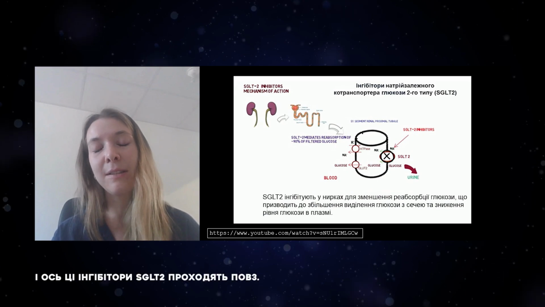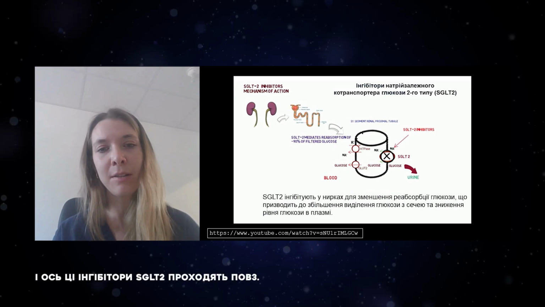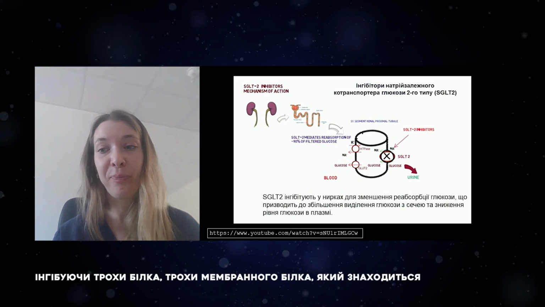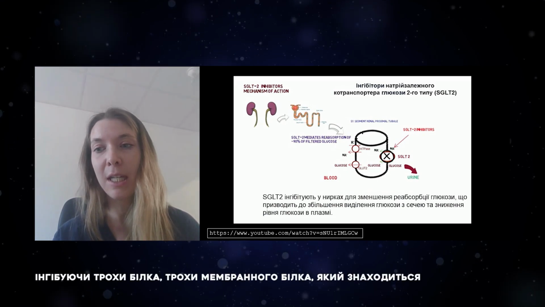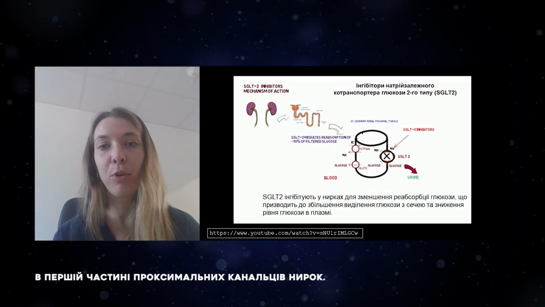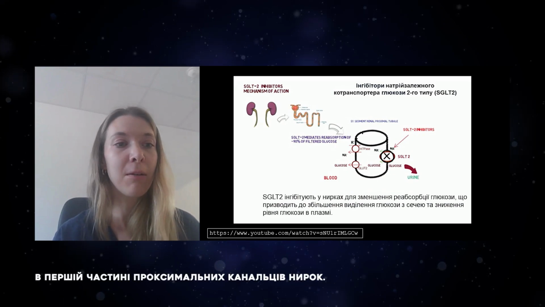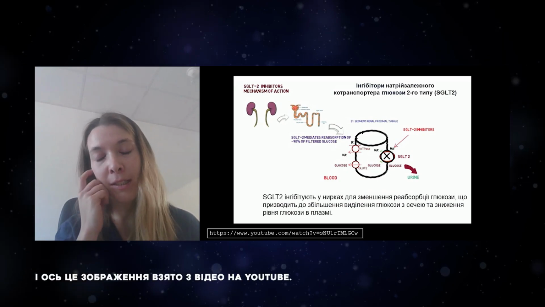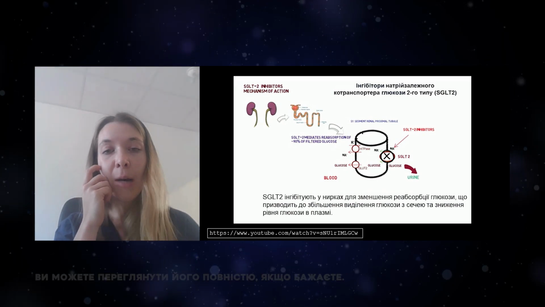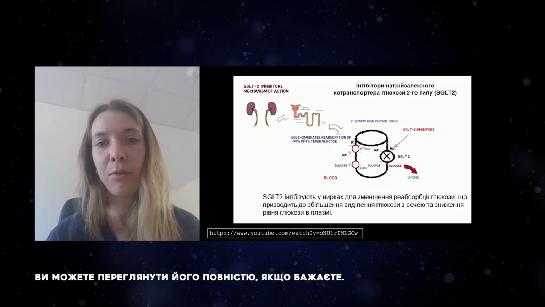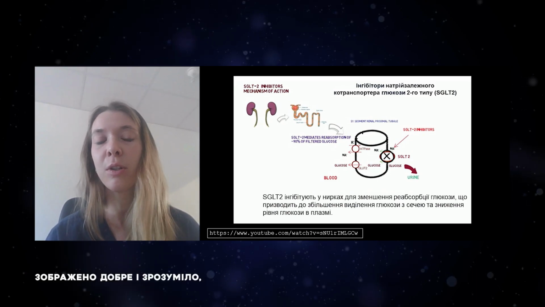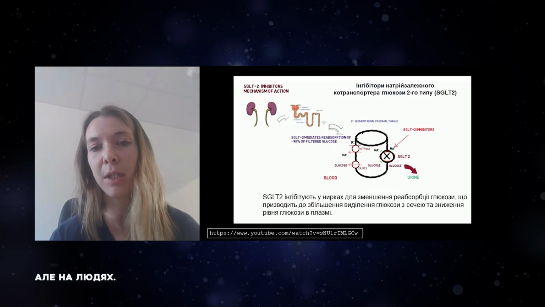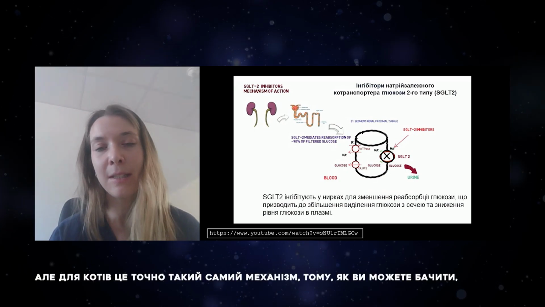And so these SGLT2 inhibitors, they work by inhibiting a little membrane protein that's located at the first part of the proximal tubule of the, I went too fast, of the kidneys. And so here this image comes from a YouTube video. You can watch it fully if you wish. It was really well done and quite short. It's for humans, because we also use this medication in people, but it's exactly the same